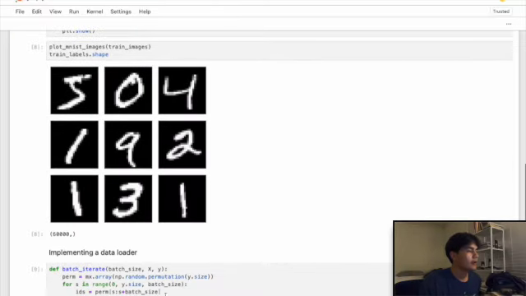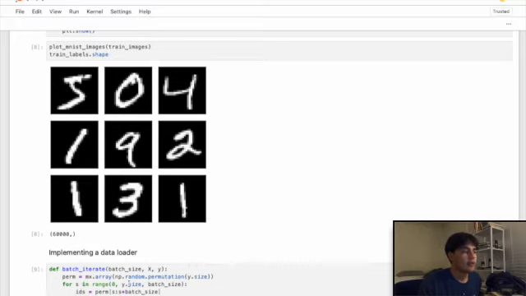The next step is to implement our data loader, and if you're using a framework such as PyTorch or TensorFlow, it already comes preloaded with some data loaders, but here I show how to do it. And essentially, you simply first have to create a permutation array, which contains random indices in a range, in this case, between 0 to the size of our output. And then for each element in the range 0 to the dimensionality of our output and steps of our batch size, we create an IDs, which is simply a list with